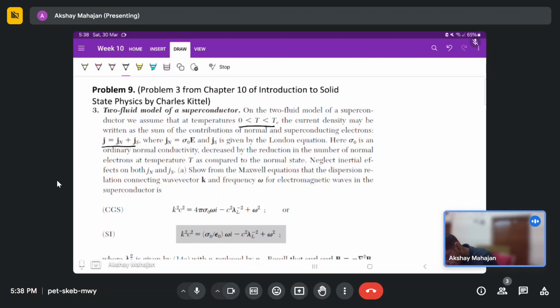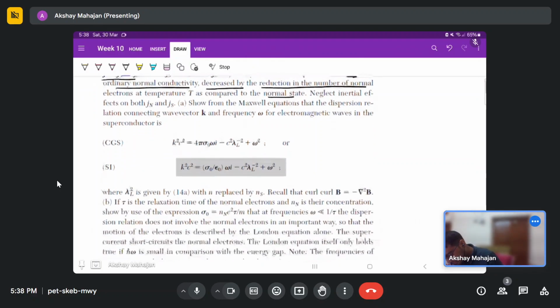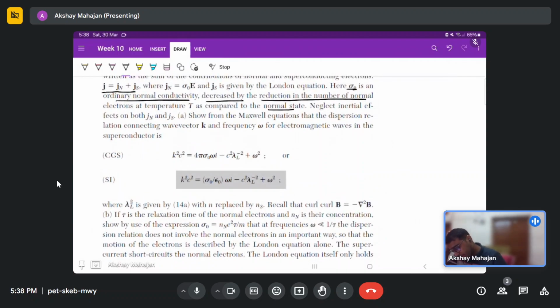So sigma naught is this ordinary conductivity which is decreased by the reduction in the number of normal electrons. Since the number of normal electrons will decrease in the superconductor because of the increase in the electrons in the superconducting state, this sigma naught will also decrease at temperature T as compared to the normal state. Now neglect inertial effects on both Jn and Js. So in the first part, what we have to show